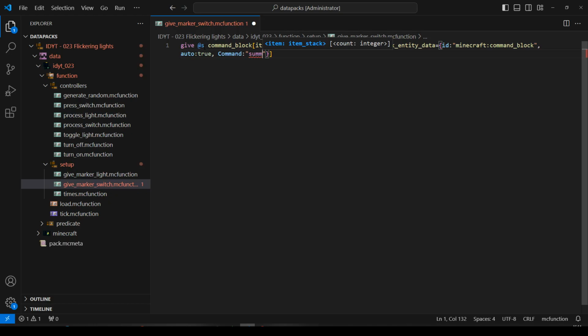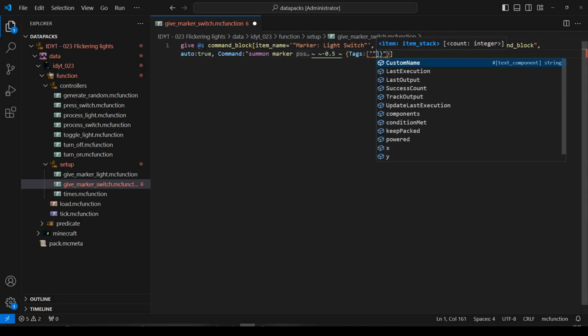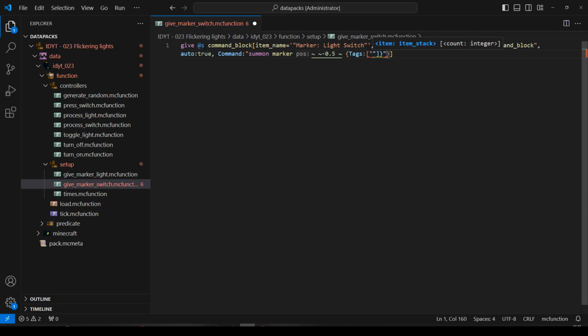It will summon a marker at its own coordinates. Well, that'll be in the middle of the block. I'm just going to move it down to the bottom of the block. Don't need to, but and that marker will have some tags, and it will have one tag which will be